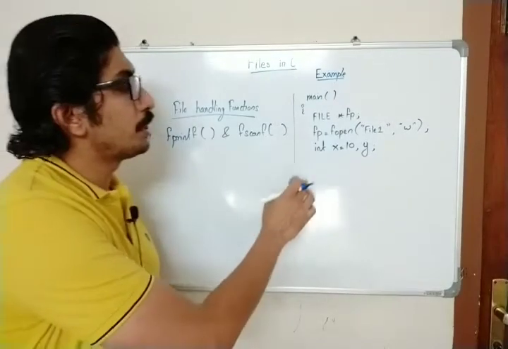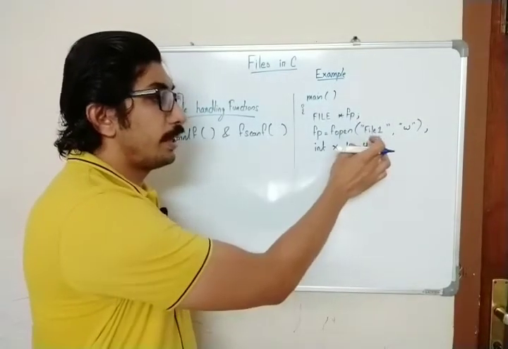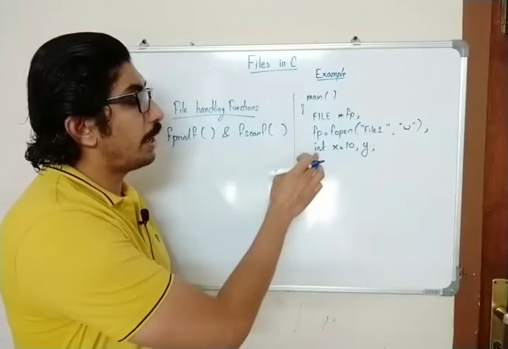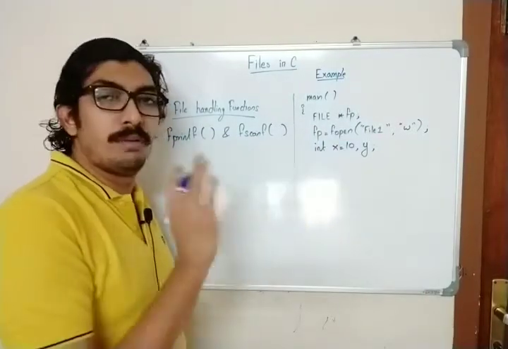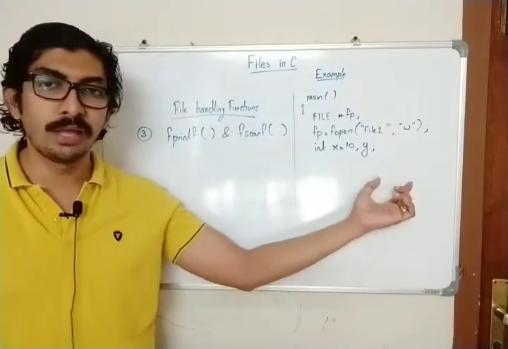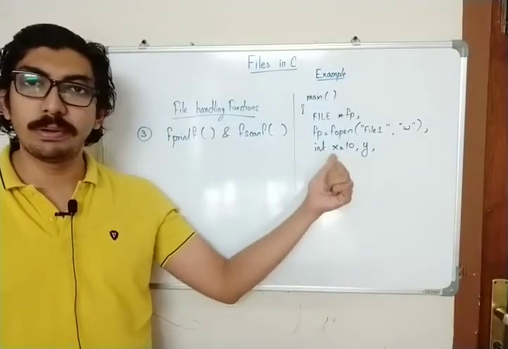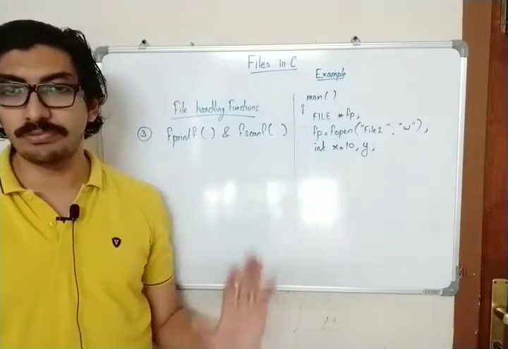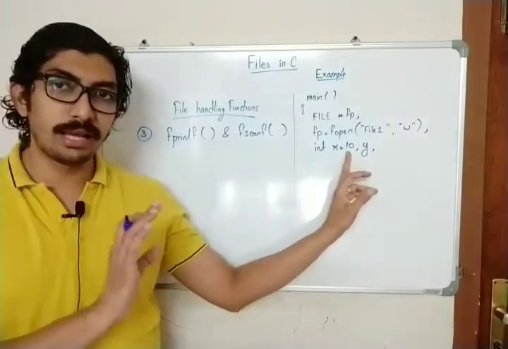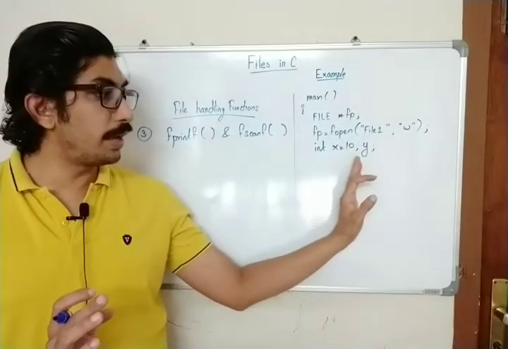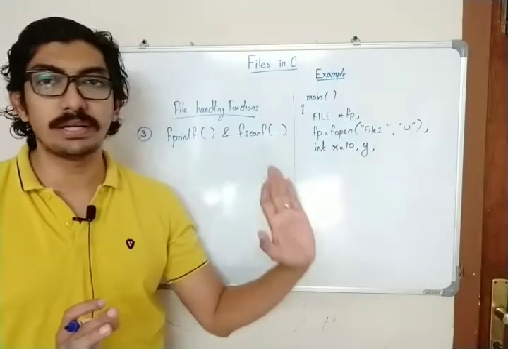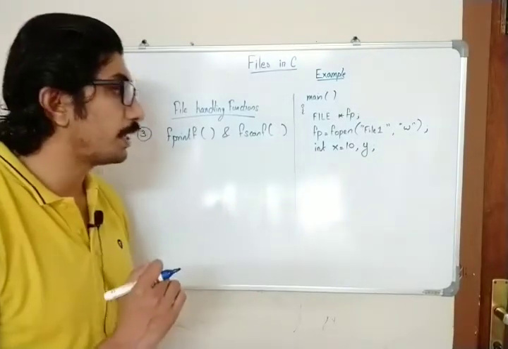So here you can see I have created a file. I have opened it in write mode, so the file is created. Now I have an integer value x as 10. My aim is to write this content x into the file. Then I have to add a value 20 to that, and rewrite the file. So initially the file has the value 10, and at the end I have to add 20 to this value and get the final result. So inside the file it should be 30. We will see how we can do that.